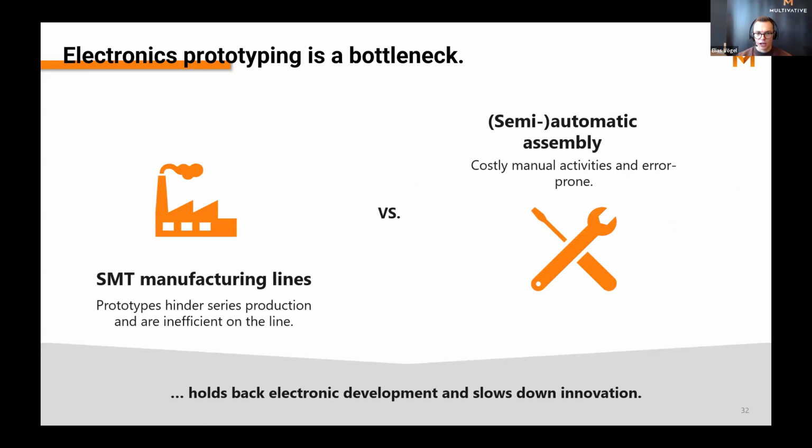And so, as we are getting to the end, a bit of information about what we are doing. During our education and work, we found out that there are basically two different ways of doing electronic prototyping. One is to outsource it to SMT manufacturing lines, and the other option is to have a semi-automatic or automatic assembly in your own office or in your own company. Both are quite costly and take a lot of time, and that holds back electronic development, because as mentioned earlier, prototypes are a huge bottleneck in